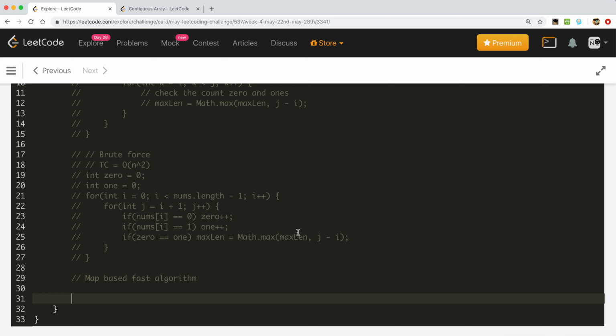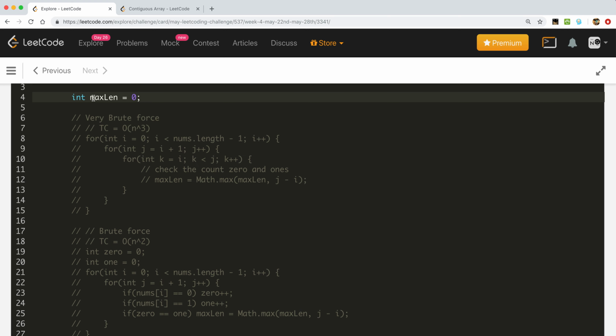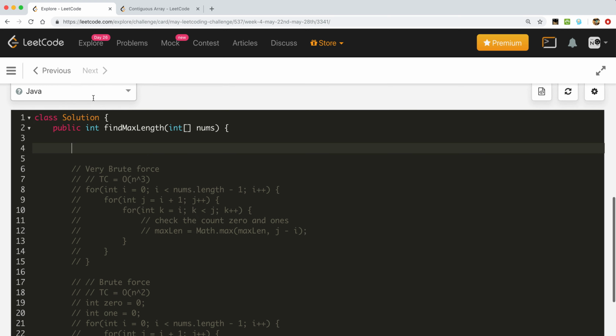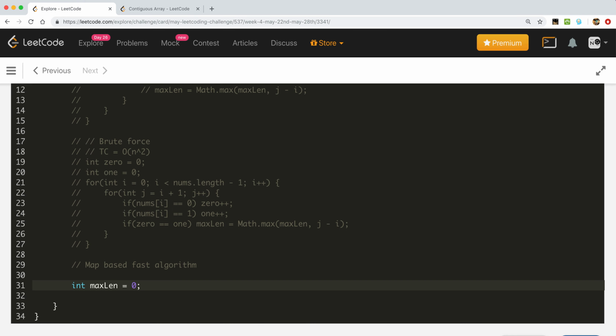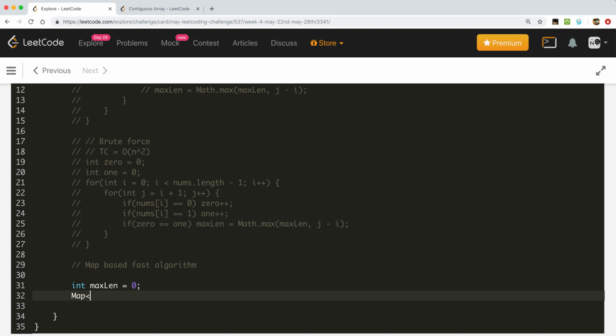So let me take this variable down here and start fresh. We will have max len again. We will use a map, which will be Integer to Integer, equal to new HashMap.